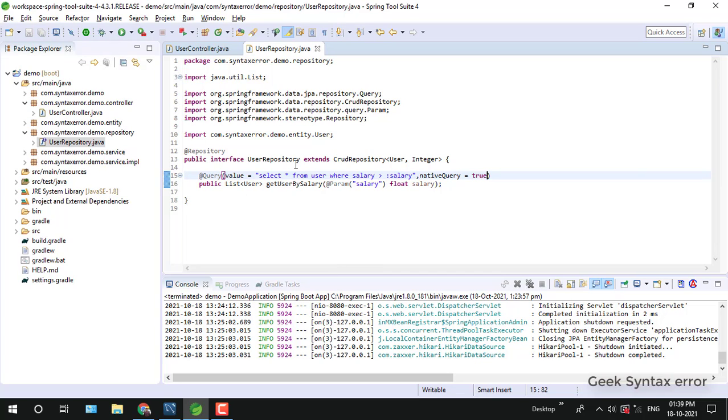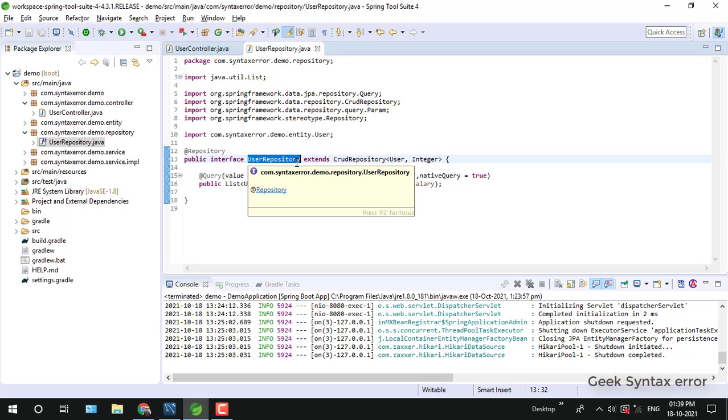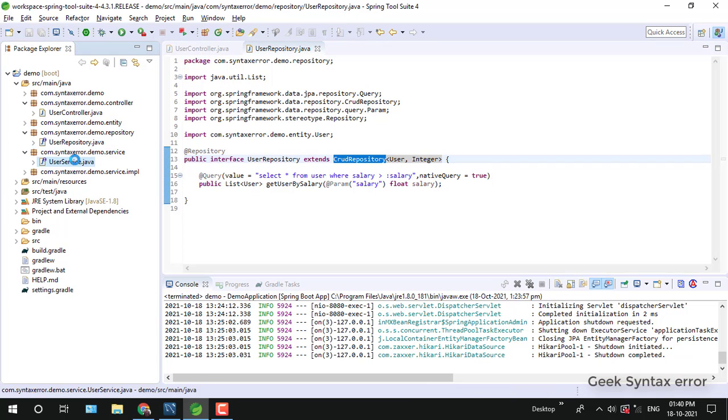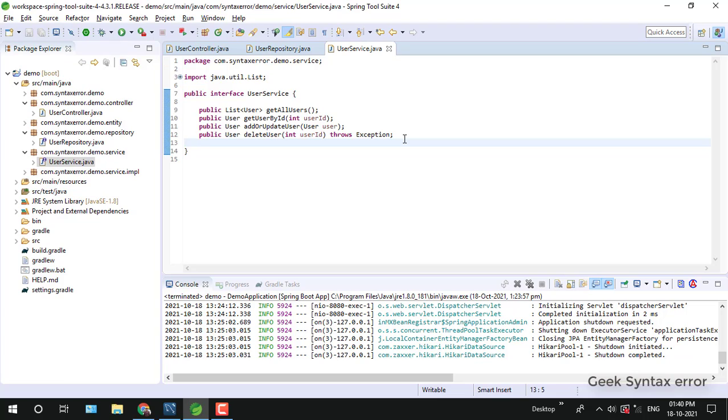Okay guys, we just created a method in the user repository, which extends the CRUD repository interface. After that, in the service class, just add a method here.